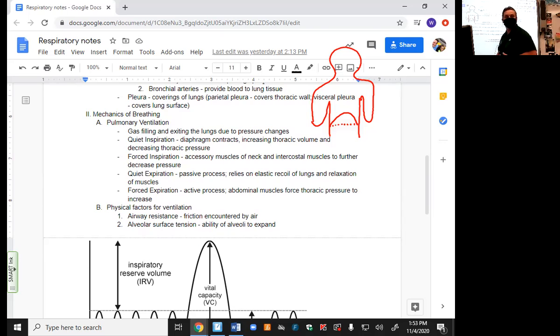You've got to use some ATP, some energy. It takes no energy to breathe out with quiet expiration, because everything just bounces back. Your muscle relaxes, it bounces back. Your lungs, these alveoli, it's all about the elastic recoil. We're going to talk about tomorrow when we talk about pathology of the lungs. Lungs have what's called surfactant, and it's kind of like WD-40 that keeps the lungs bouncy. Your lungs are really healthy when they're bouncy.